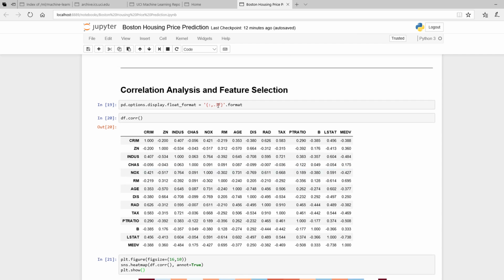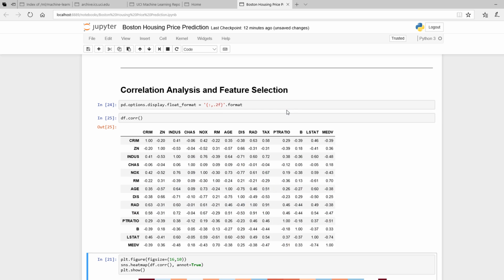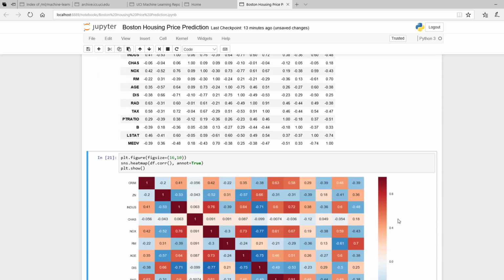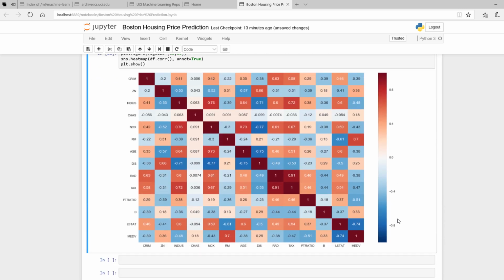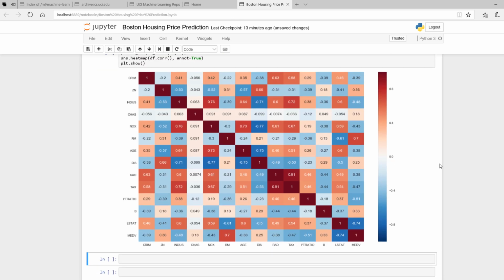The first thing is that you might want to try the float to see what it looks like in terms of the presentation. This is really crucial, especially when you're presenting to management. If it's like this, they're gonna find it really difficult to understand, and most people have a phobia with numbers. So if you present it this way, again on a table of 14 by 14, it's just too much for people to take in one go. However, if you actually change the table to a heat map and present it this way, it's much more palatable